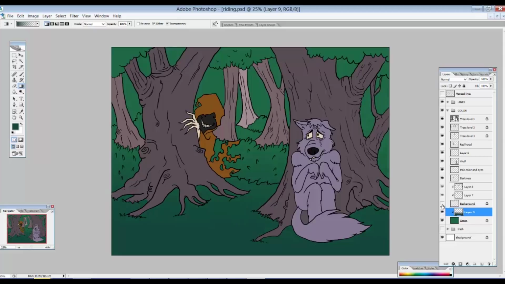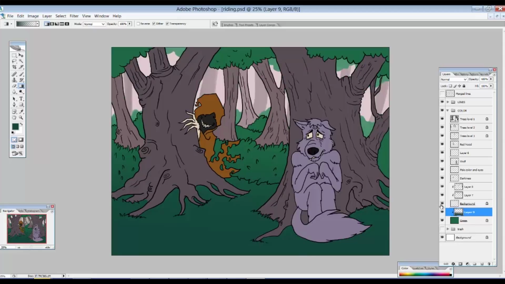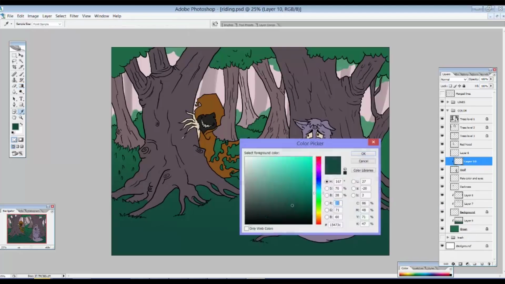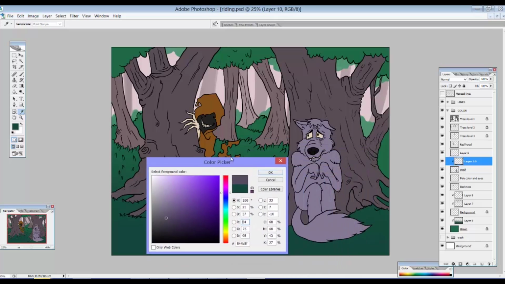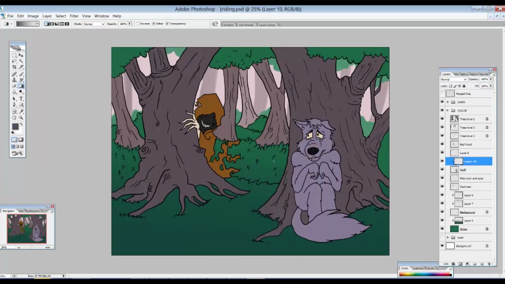Now, what I'm going to do is I'm quite happy with the background. What I want to do at this point, I want to give the wolf and the Red Riding Hood colors that are similar to the color scheme. So even though we're not going to focus on them in this video, I want them to have colors that are